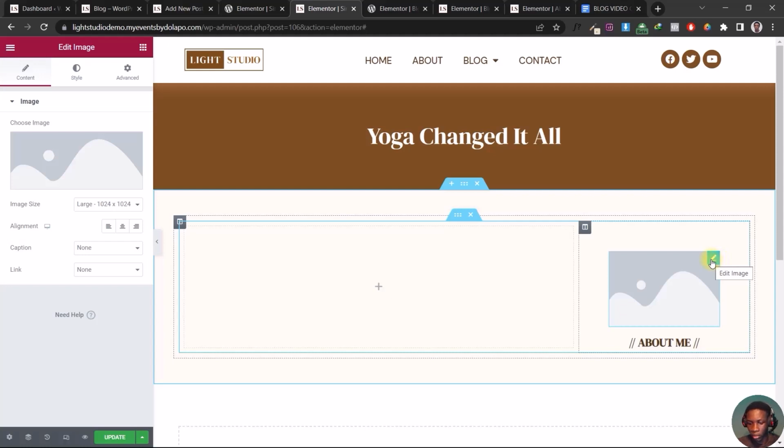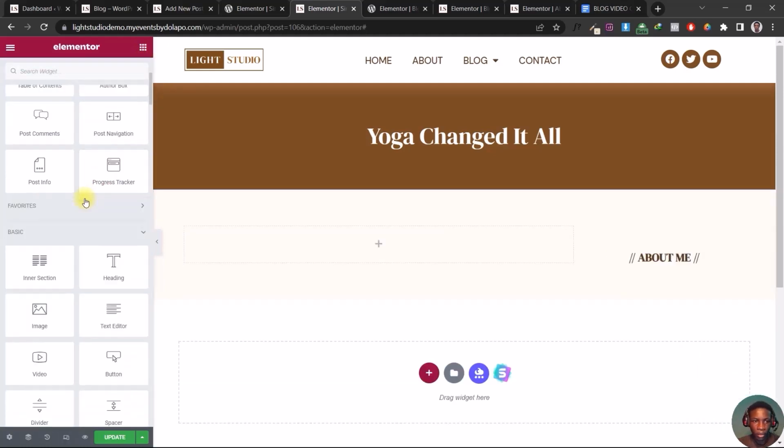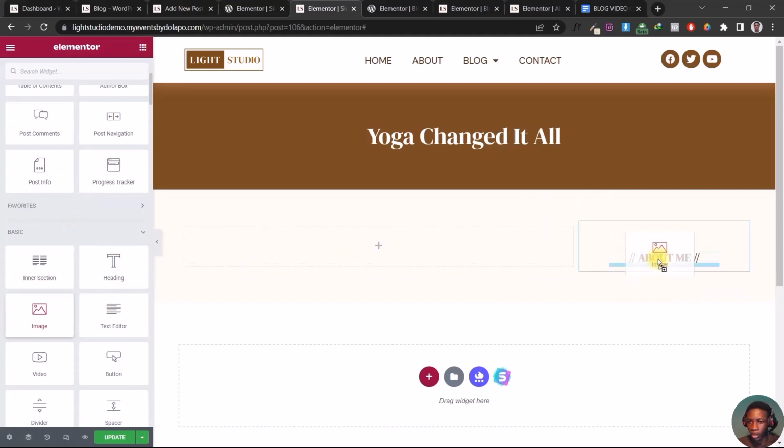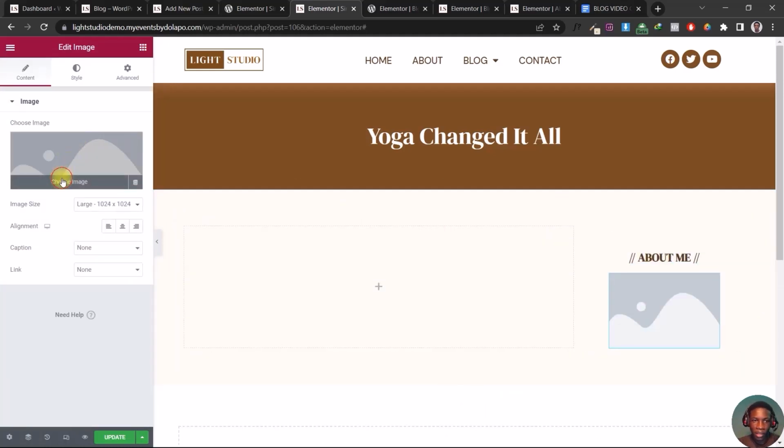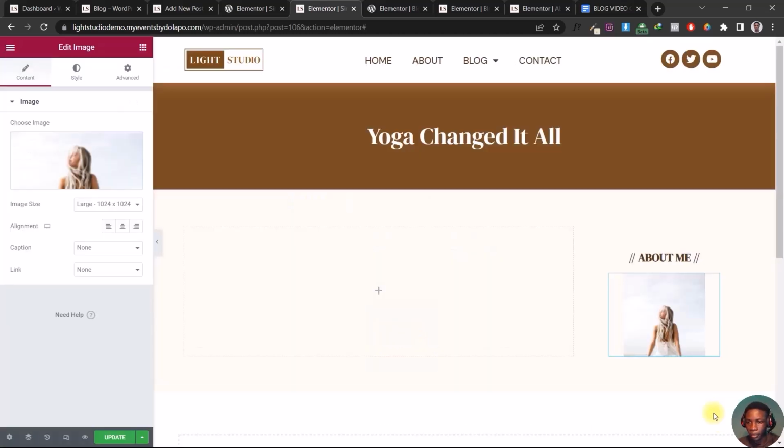Let me just delete this. Then I do it again. Then I come here, I just drag it into this place here. So here I select the same image, which is, let's say, the photo of my hair, just like a headshot. Then